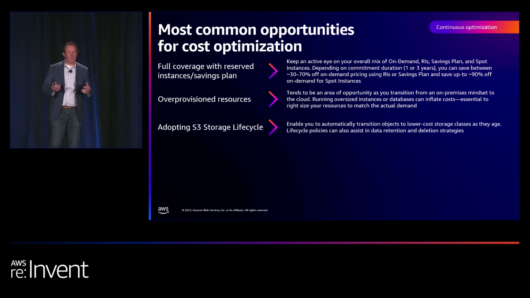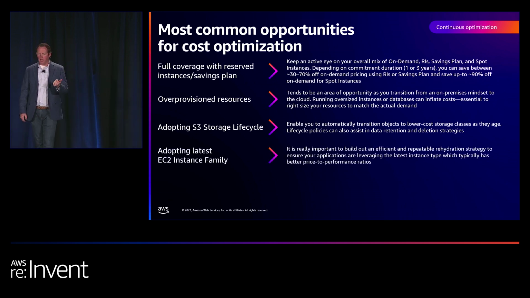You'll hear sound bites out there, storage is like free. Anybody who's reviewed an AWS bill knows there's a cost to storage. And taking advantage of automated tiering is really, really important. Keeping everything at the highest cost storage, even when it's not accessed, is not a well-managed way to approach this. So I included the S3 storage lifecycle as a perfect example. Integrating this in, it automatically, based on time and lack of use, will move data to the lowest cost storage. It's a no-brainer in my viewpoint, because you can always call that back to a more current version as you leverage it. Technical debt and instance family comes up for me.